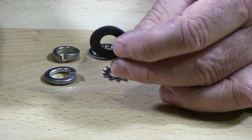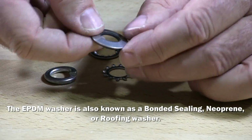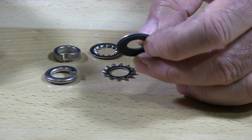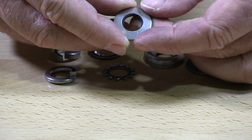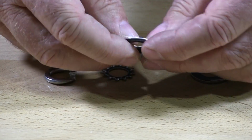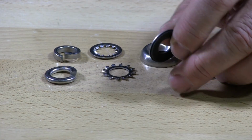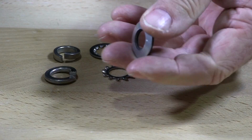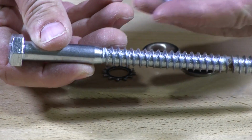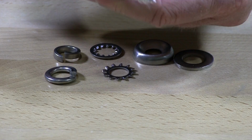This is an EPDM washer. This is a washer that is used on roofs, metal roof systems. You can see on this side it has stainless steel, and on the back side has EPDM rubber. And how these are used, this is a 1/2 inch diameter. If you were using a lag screw with this washer, I would put this washer on like this,